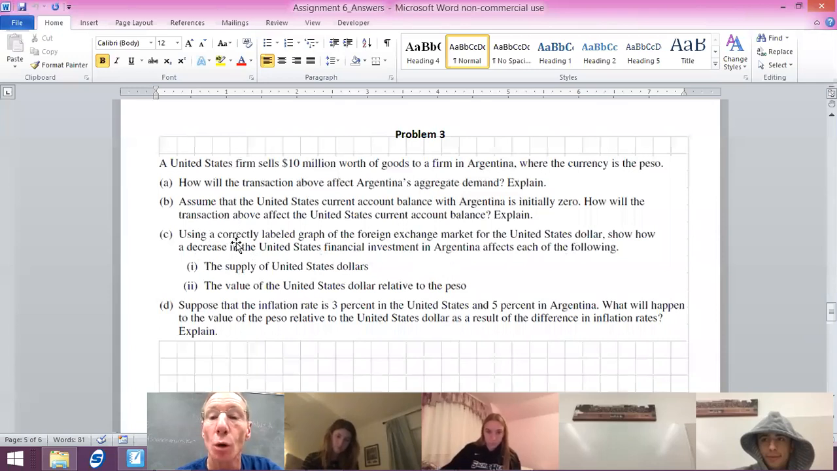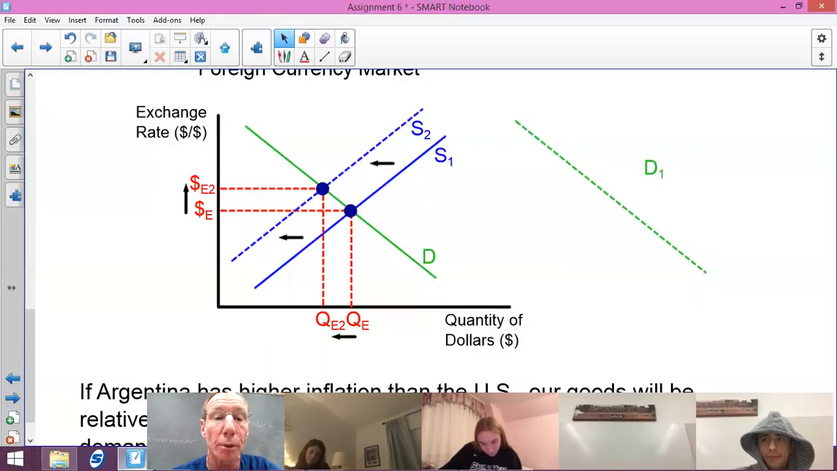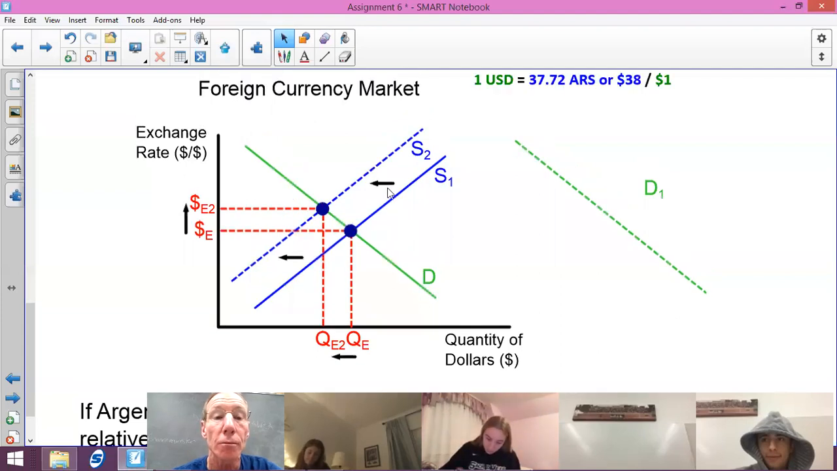Decreased, okay? So if we're going to decrease our investment, it means we're supplying fewer dollars into the foreign market to buy pesos, which means the supply of dollars into the market is going to decrease, which means that the supply curve in this graph that you're going to be drawing shifts to the left, which means that the dollar,